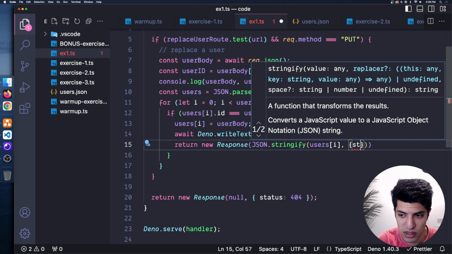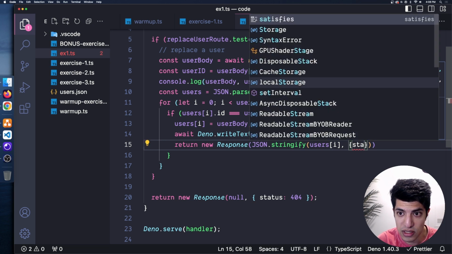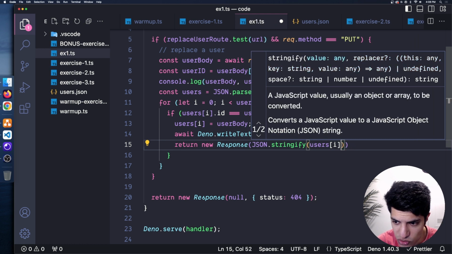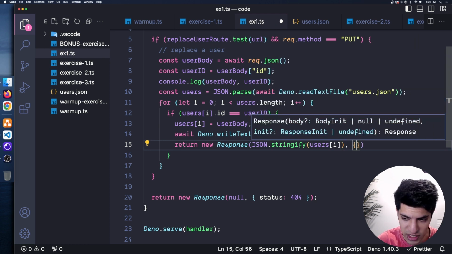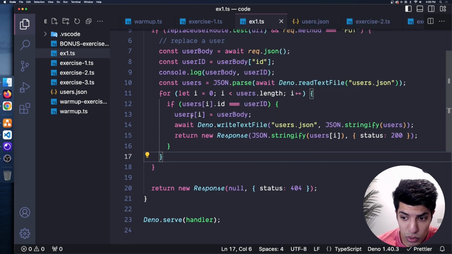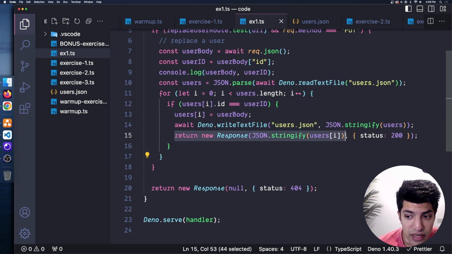Oh my goodness. Status, JSON stringify. Oh, I was in the JSON stringify section there. That's not where I want it to be. Status of 200. Great. So what we're saying here is return back that new user that was changed as a